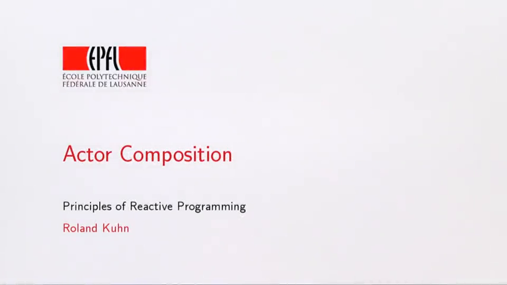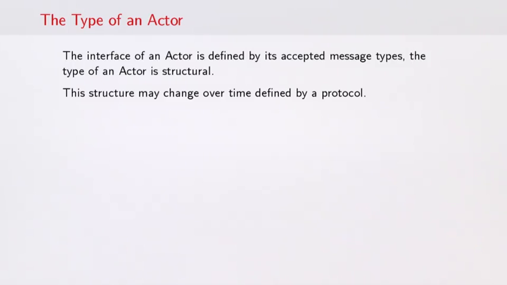In the past lectures, we have seen how actors collaborate to achieve a common task, but now we will look a bit more in detail on how to compose them. The type of an object describes how that object looks like from the outside, what you can do with it. When looking at an actor, the role of the type is played by the set of messages it accepts. The set of messages is not bound to the name of the actor, and hence the type described by it